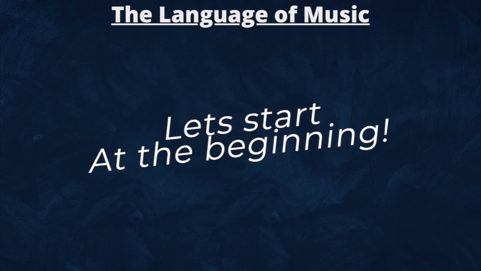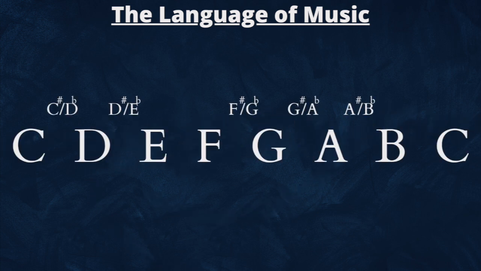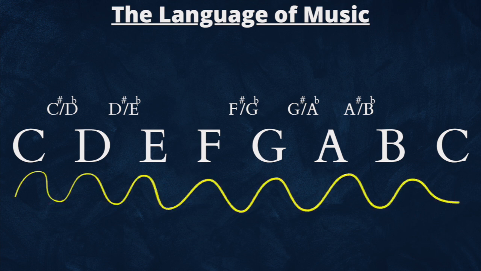So let's start right at the beginning. We use 12 notes in music in the Western world. Below, you will see all the notes in the musical alphabet starting from a C note. As a guitar player, we will focus on how I have come to understand theory from a guitar player's point